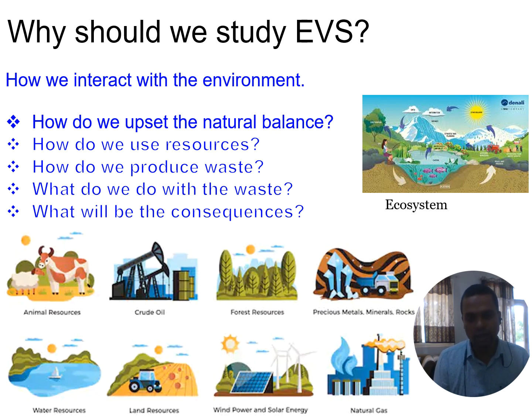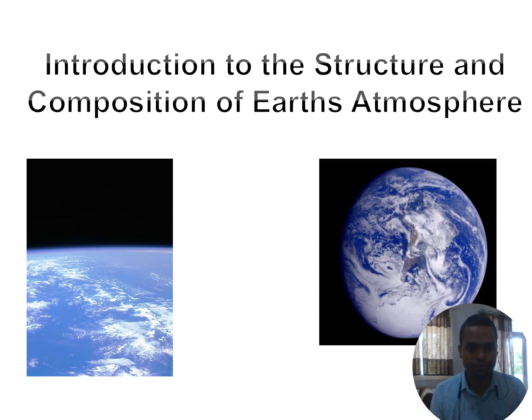As a whole, how we upset the natural balance relates to the ecosystem, the place where we are living. Without any disturbance, there should be fruitful communication between different parts of that ecosystem, which includes natural living and non-living systems. When you unbalance or disconnect one component of the ecosystem, the whole ecosystem will be destroyed. We need to discuss those things throughout this course.